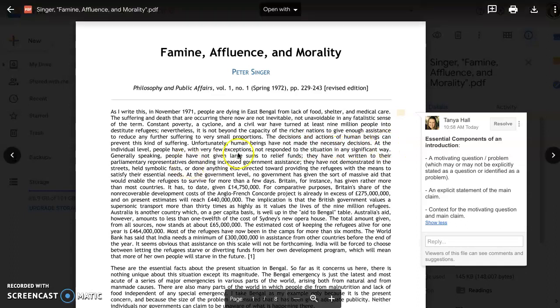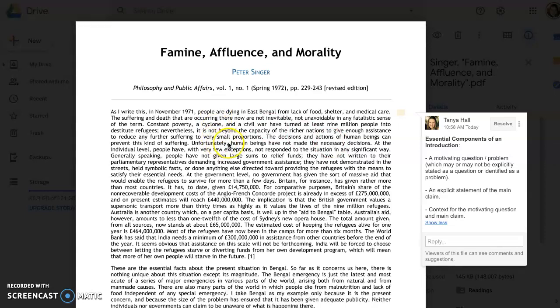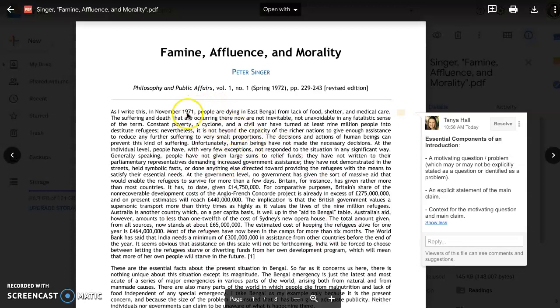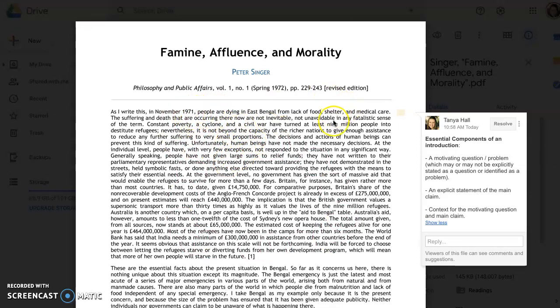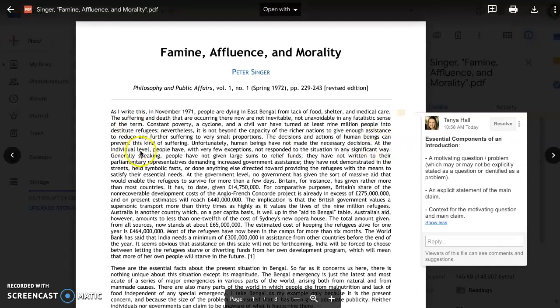At the individual, okay, so now I've got another claim. So bad things are happening. We could do something about them, but we are not. So maybe this is the point of the first paragraph, and maybe this is the point of the whole paper. Bad things are happening, we could do something, and we're not. Question: is the point establishing that we're not doing something we could, or will there be a further "so what?" To be determined. At the individual level, people have, so we're establishing that we're not doing stuff at the individual